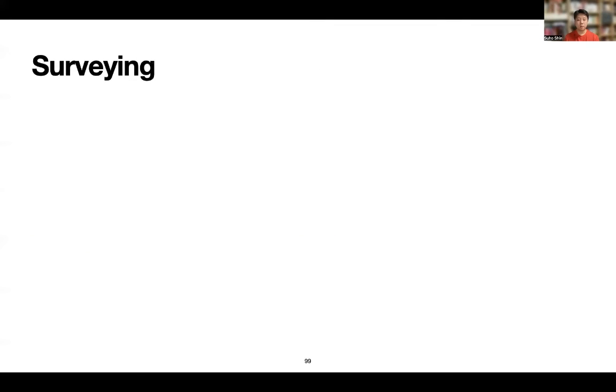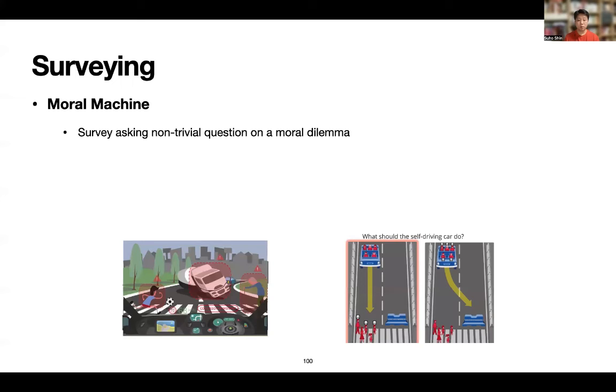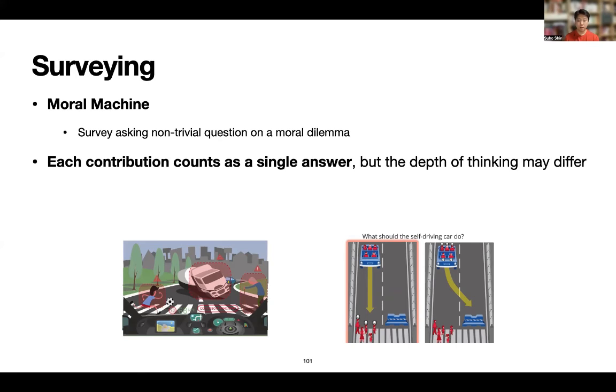Finally, consider a survey asking non-trivial questions. Maybe Moral Machine is one of the representative examples. Moral Machine basically asks the workers a non-trivial question on a moral dilemma and requires them to decide how they would behave in such a dilemmatic situation. In these cases, as we are interested in the opinion of the crowd,